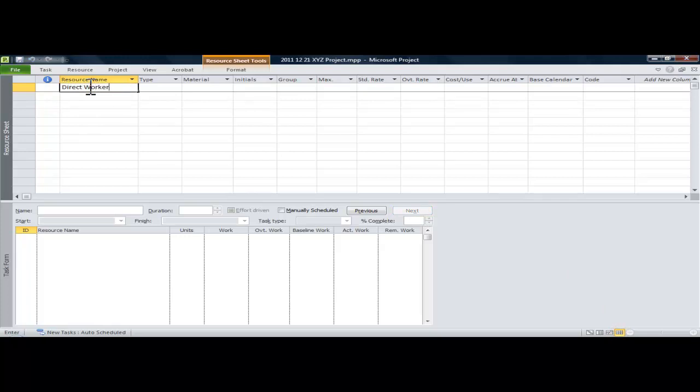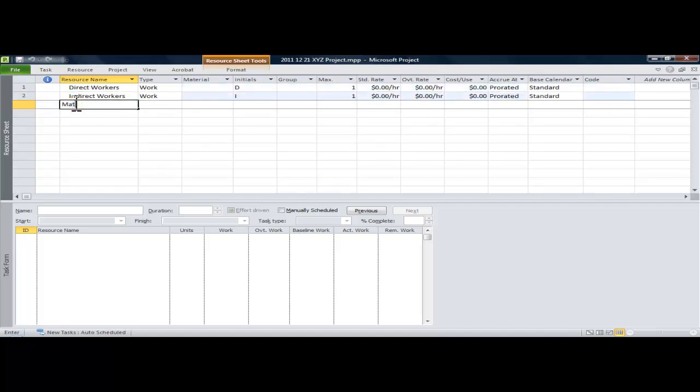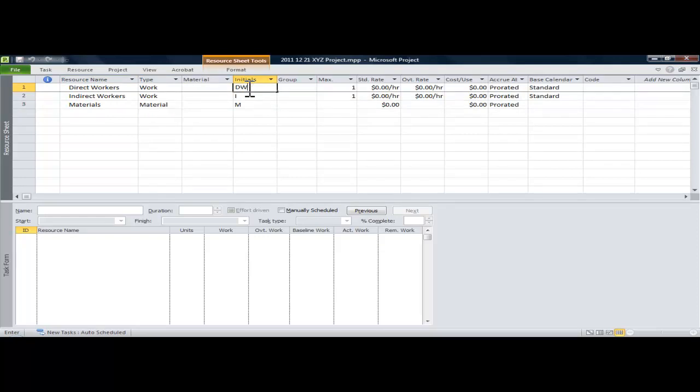So I've gone to the resource sheet in the schedule because we're getting ready to resource load the schedule. I put in some direct workers, some indirect workers, and some materials. And if you get a long list of resources, you can choose the initials column to create unique